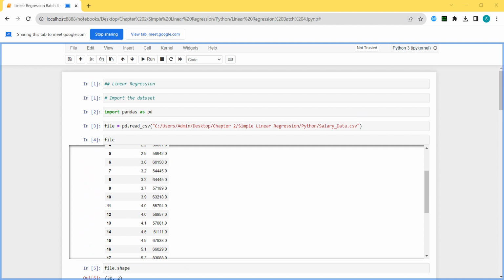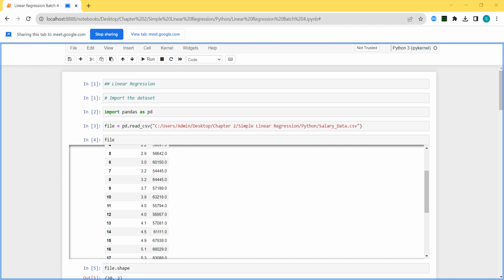So just let me know in the chat box if you got the data set. Have I shared it in the correct group? You got it now? Done. Okay, all right. So you got the data set. You also got the one example of linear regression. Same thing we were trying to implement previously.